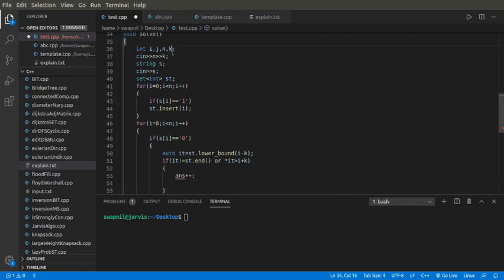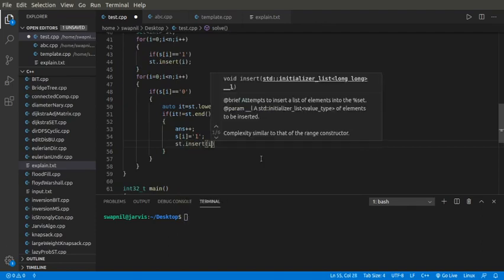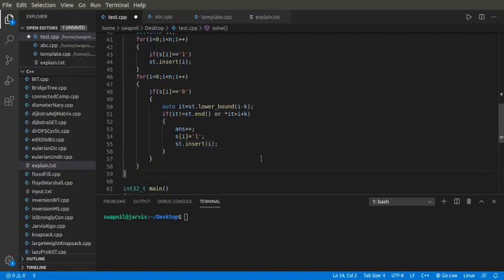I'll put answer equals 0 at the start, and I'll increment the answer. I'll put the ith index as 1, as in I'll occupy that index, and insert that index in my set for future checking, and I'll print the answer from here.